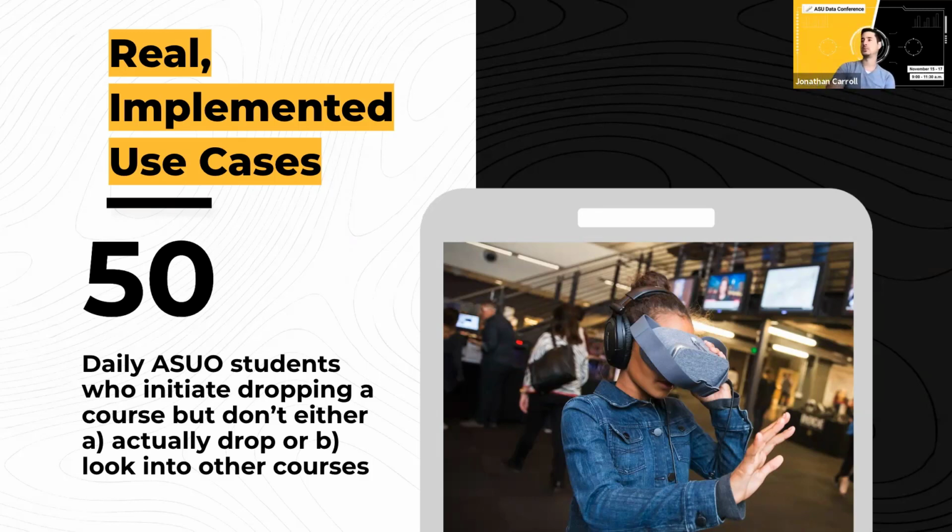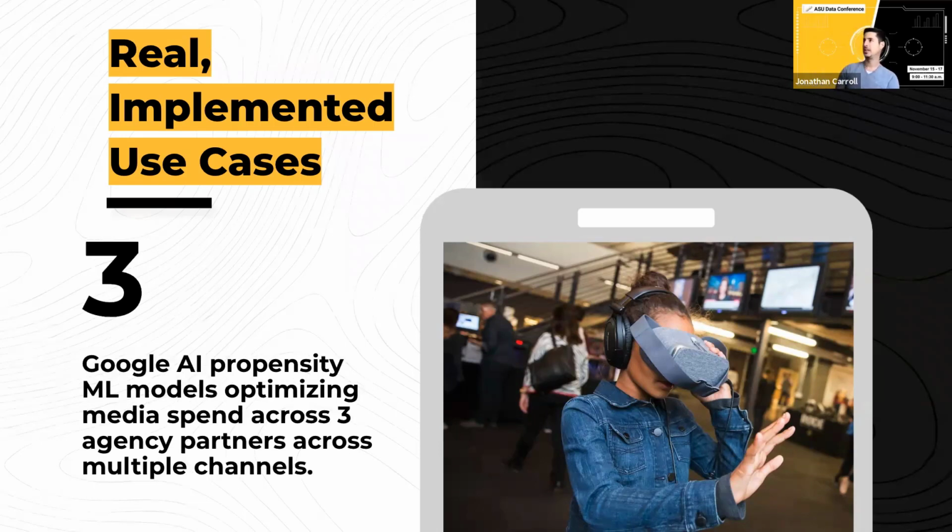So what we currently do with this, when this scenario arises, is we worked with UTO ISO to have a secure webhook to Slack, where there's a Slack channel with the student's information, the assigned success coach, and if there's still an assigned enrollment coach. Those two individuals are notified and can reach out to the student, or at least coordinate before reaching out to the student to help them understand ASU resources. The next use case to talk about is the propensity modeling going on right now from our group